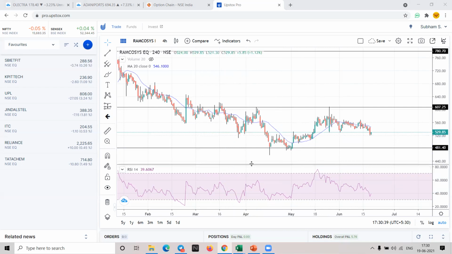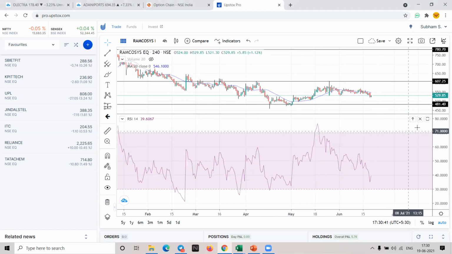If you just look at this RSI, it has values from 100 to 0, and in between 80, 70, 60, 50, 40, 30. Can you see that scale? Yes or no? Yes. Right. So generally how people use RSI, I'll tell you.